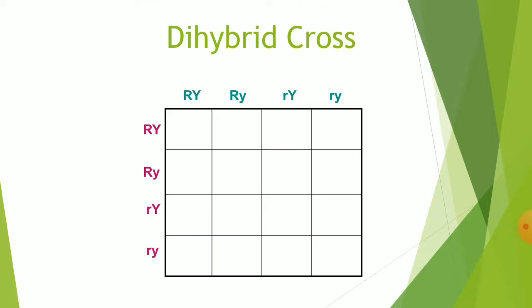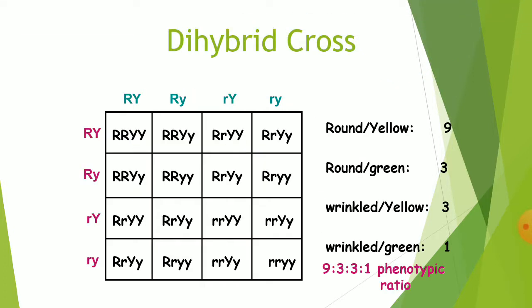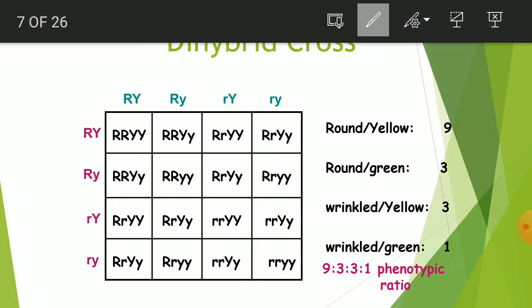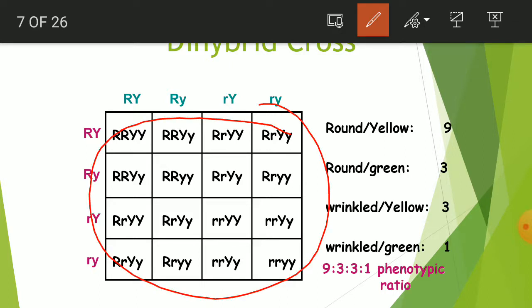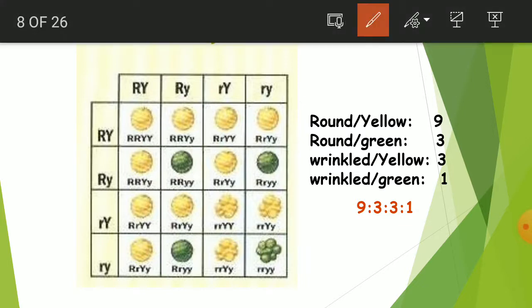In the dihybrid cross, we use the Punnett square chart, in which the four male gametes are placed along the x-axis, and the four female gametes are placed along the y-axis. On the basis of these gametic combinations, 16 different progeny are produced, with the phenotypic ratio of 9:3:3:1. These are the character distributions found in the 16 progeny.